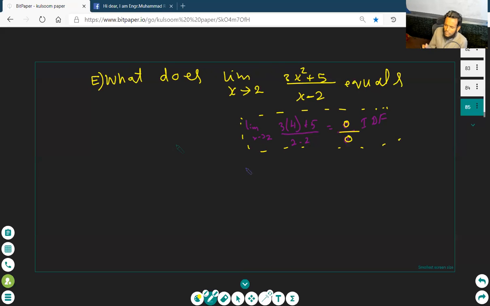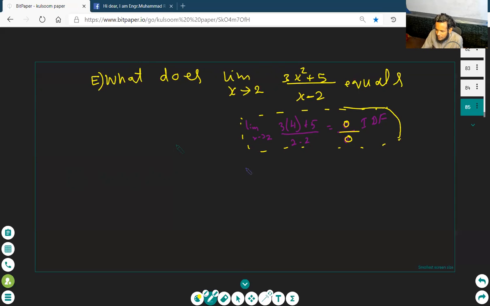If we need to find whether the limit exists or does not exist, we will use the conventional method, meaning we put the values from the left side and from the right side. You cannot factor the numerator. But I say, does its limit exist or not exist? Tell me. Does not exist. Yes, f of x will approach two different values.